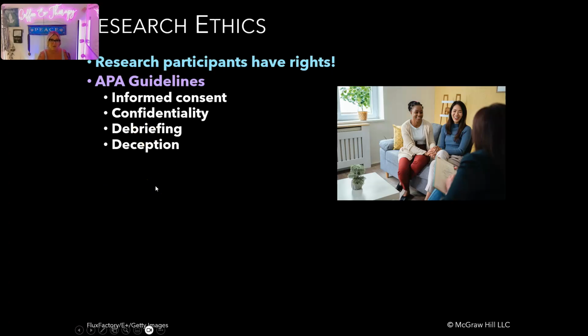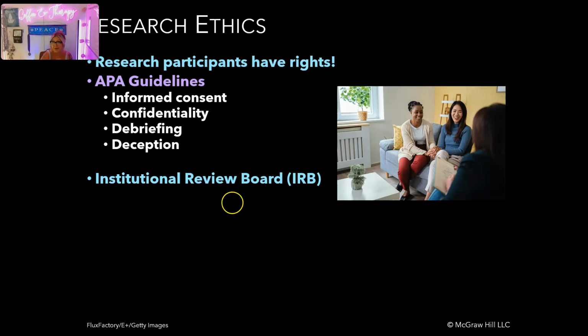There's going to be deception usually in a study, but again, you have to go through a review board in order to get that approved. And that's what I was talking about. So the institutional review board. If you're going for a higher degree, like when I was getting my doctorate and I was doing my study, I had to get everything reviewed by the IRB. So it's a checklist of cans and can'ts, can do, can't do.